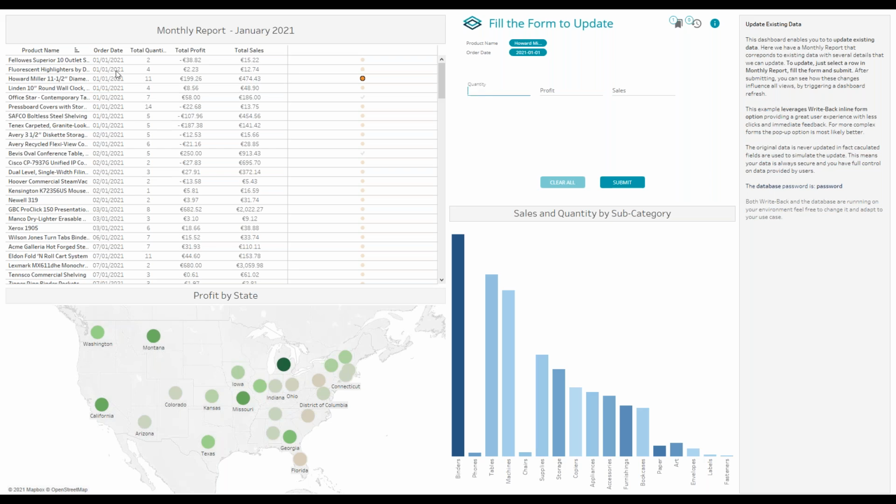So I could just go here and see that, oh, we actually didn't sell 11 of these. We only sold about 6. And the profit was considerably lower around here, even though the sales were actually somewhat high. Now, notice that because I'm providing values for these